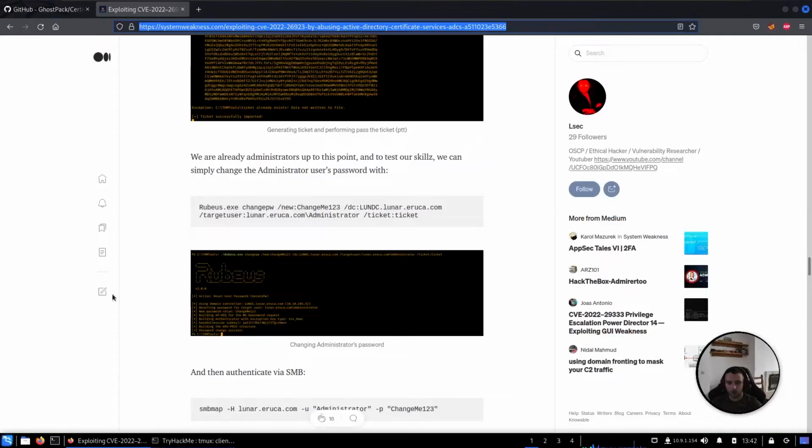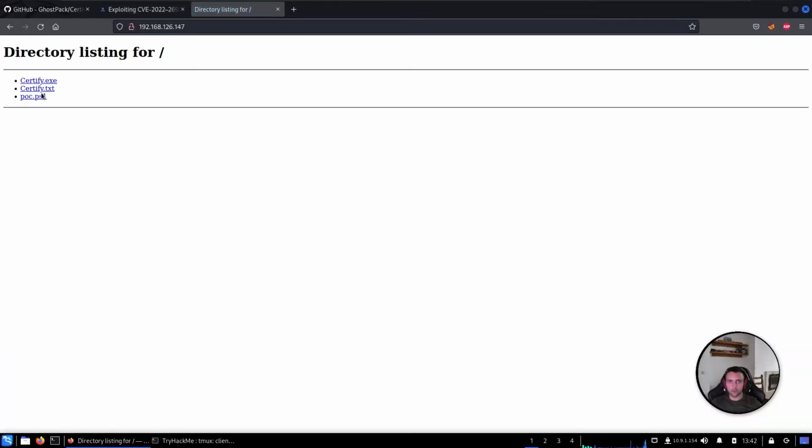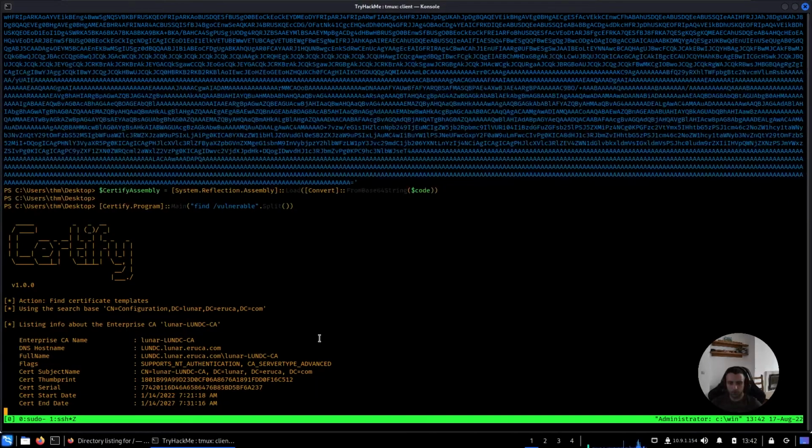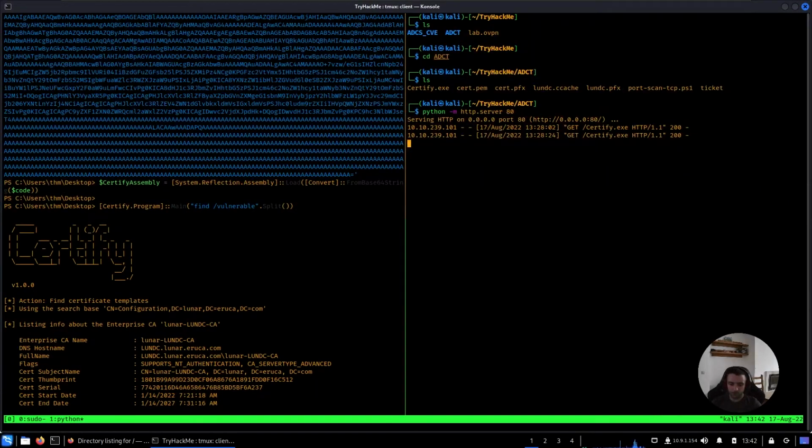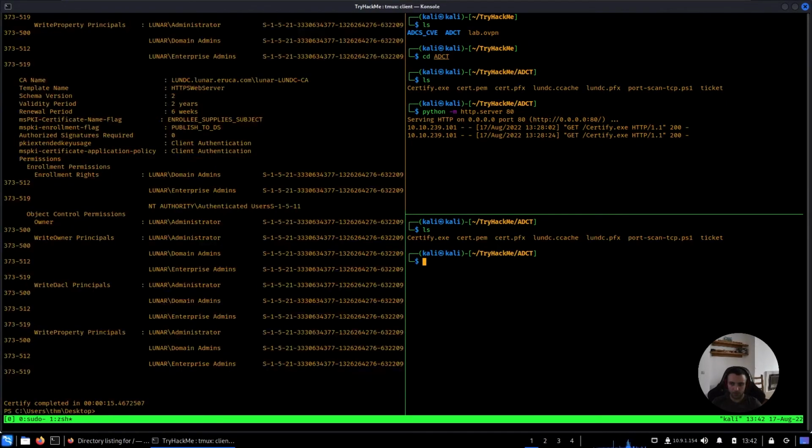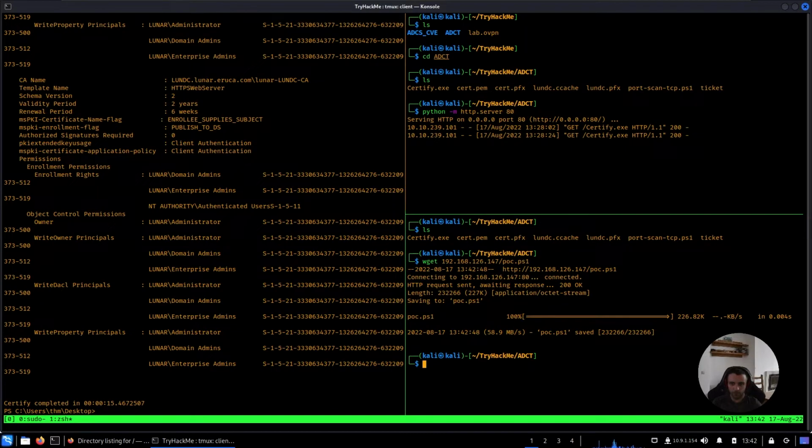So let's make it a little bit easier. I'm gonna open up a new pane. I'm gonna serve a web server, and in that pane, I'm gonna download my POC. So we get the IP address, poc.ps1, paste it in, and now the easier way of doing things is to do